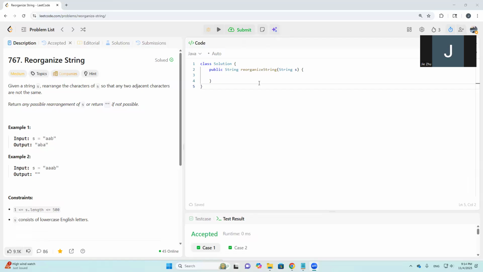Let's go to LeetCode 767, Reorganize String. It gives us a string, and we need to rearrange the characters of S so that any two adjacent characters are not the same. Return any possible rearrangement of S, and return an empty string if not possible. So apparently we need to count